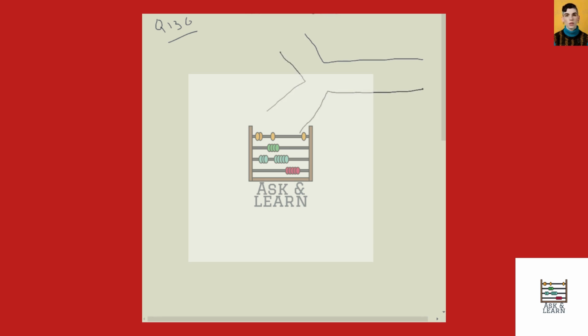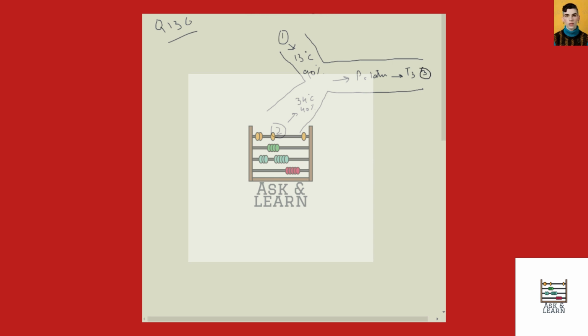Two streams join the third one: 1, 2. Here the conditions are given. Conditions at 1 are 13 degrees centigrade and relative humidity 90%, while at 2 they are 34 degrees temperature and 40% relative humidity. Pressure is 1 atmosphere. We have to calculate the temperature T3 at point 3, which is the exit point.